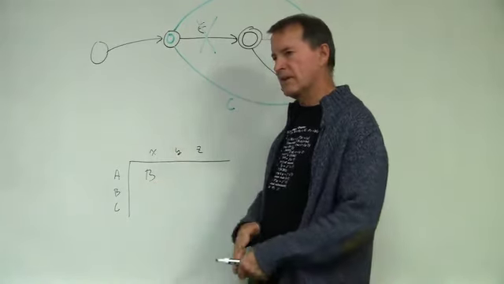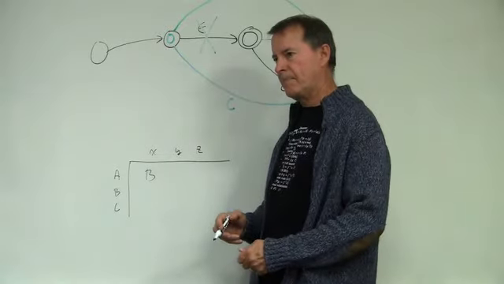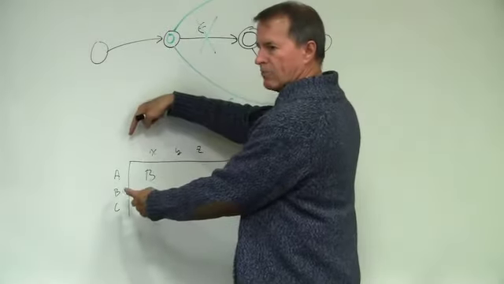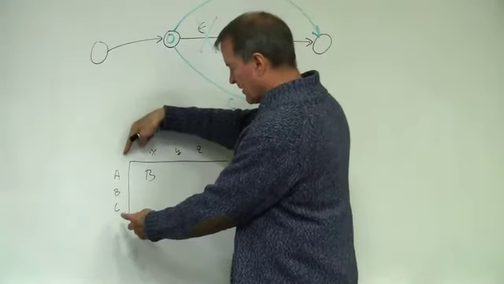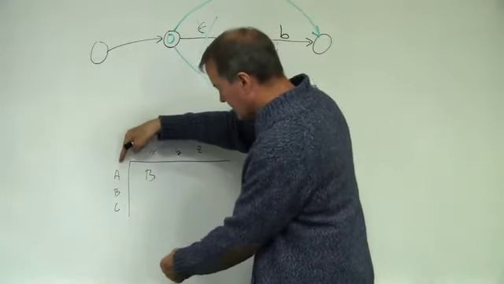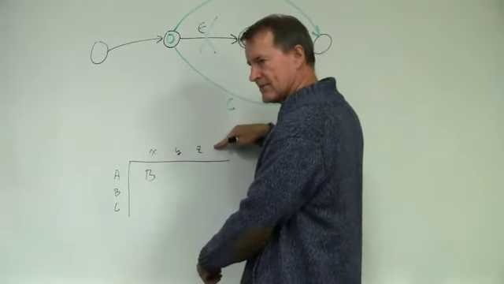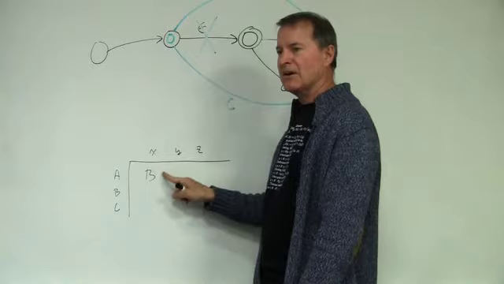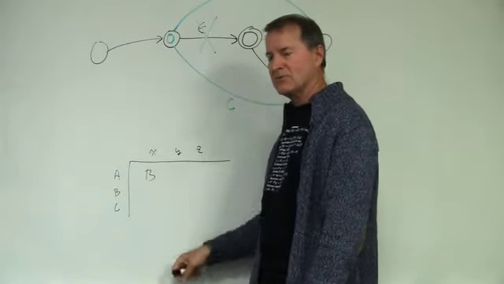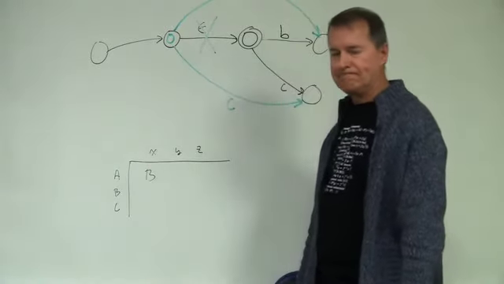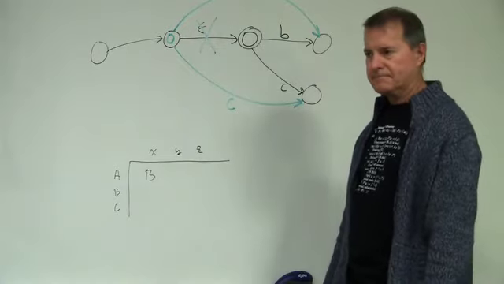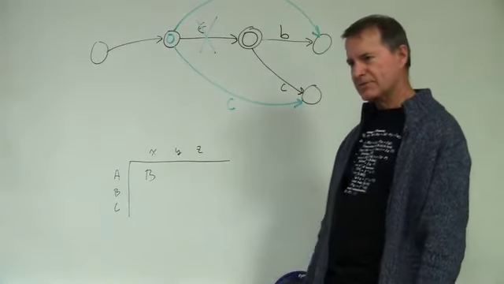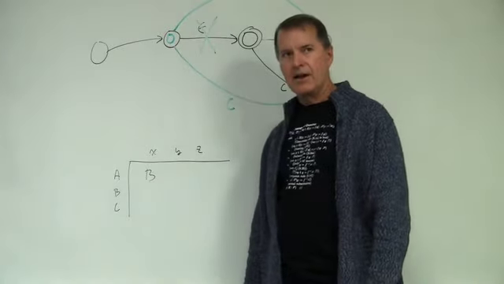I always want to put both states here and have the transitions in the middle. No, that's wrong. Because when you look up the table, given the current state and this symbol, what is the next state? So the body of the table is what you're looking up. It's what the table gives you. Are you with me? By the way, this is the way we do it in computer organization also. Okay? All right.